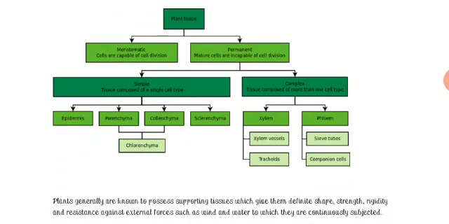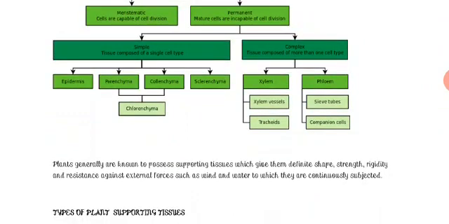We have the one we refer to as what? Meristematic, and we have those that we refer to as what? Permanent tissues. The meristematic tissues are capable of undergoing cell division, while the permanent tissues are mature cells that are incapable of further division. The permanent tissues are classified again into two. We have the simple and we have the complex.